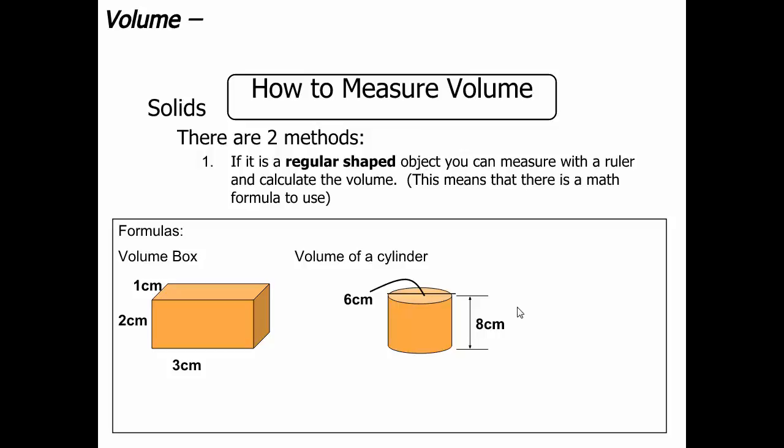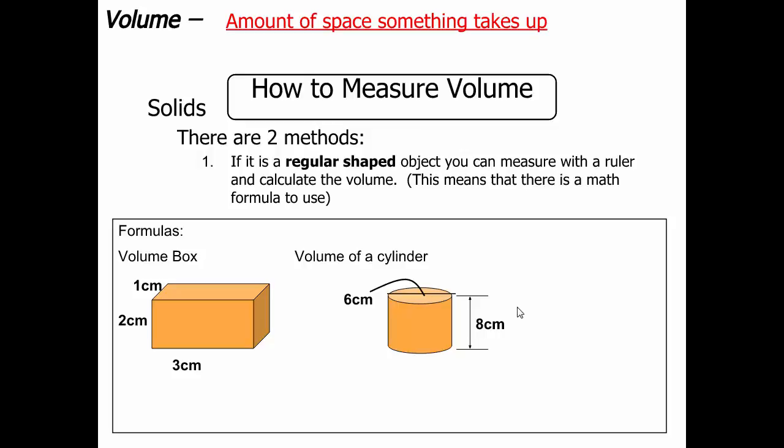So volume. As we said, the definition of volume is the amount of space that an object takes up. And we're going to talk about a couple of ways that we measure volume, because it depends on what we're measuring. It's the amount of space something takes up. So sometimes we have